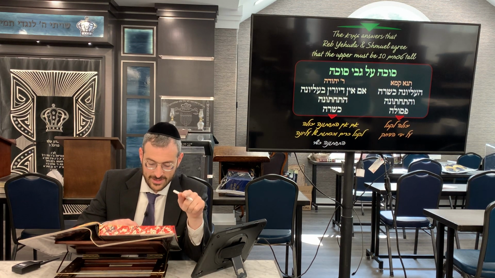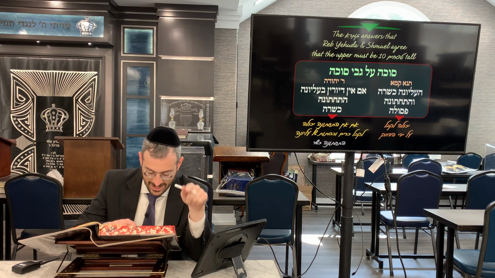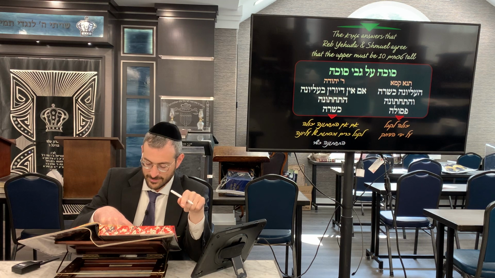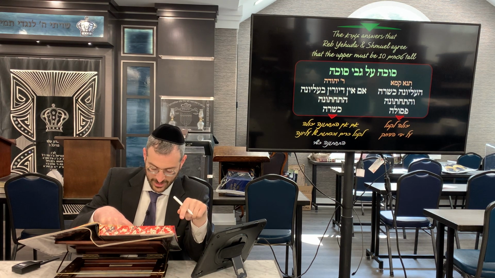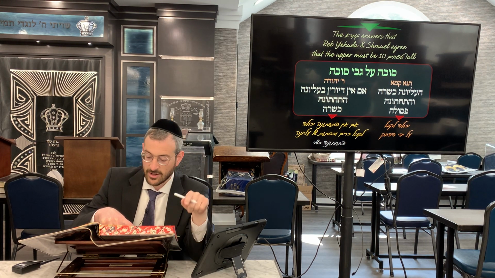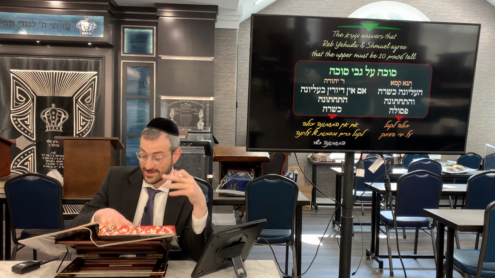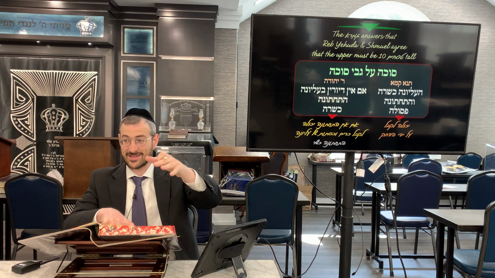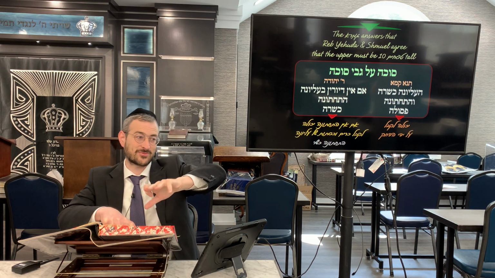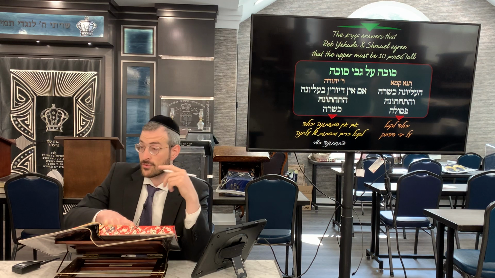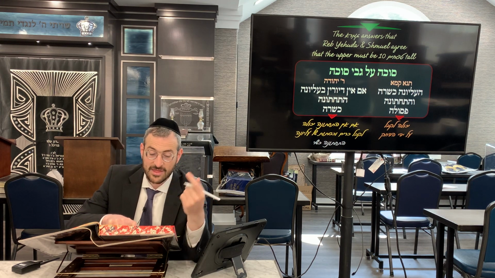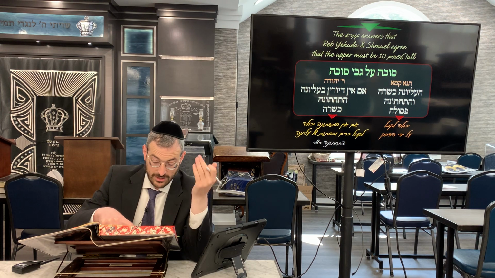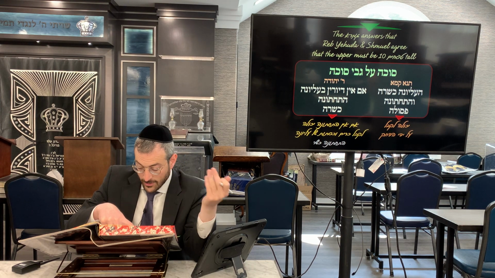The difference between them is that it could hold the upper people, but only by pushing it. In other words, Rabbanan hold that since ultimately, bedochak, if you push it, you could have people sleeping over there. You have to lean a little bit to the left, a little bit to the right. Somehow you could have a cushion like this, lean it against the wall. So the upper one is called a sukkah, and that's why it's going to invalidate the lower sukkah. Rabbi Yehuda says no. Since you can't really use it in a regular normal way, that's not going to call the upper one a sukkah.